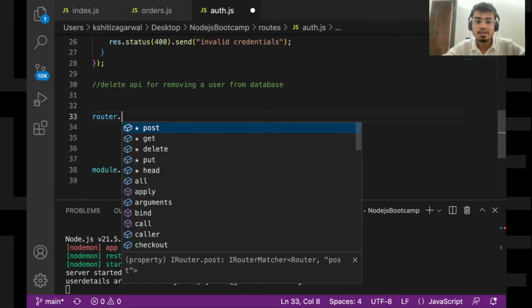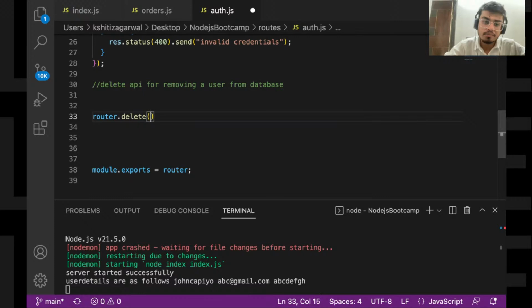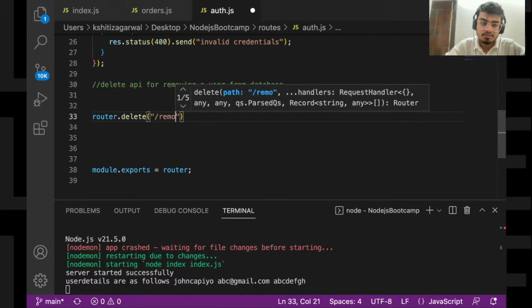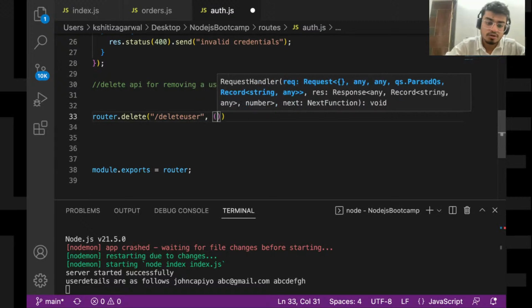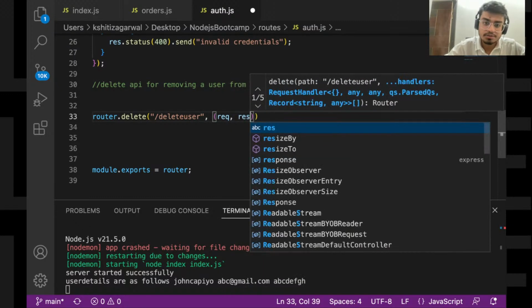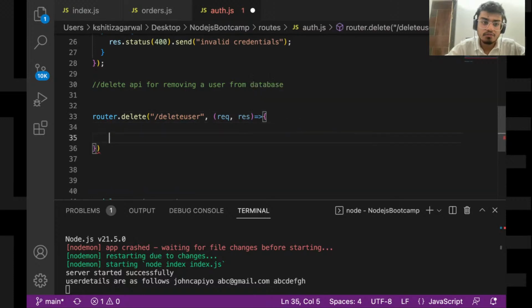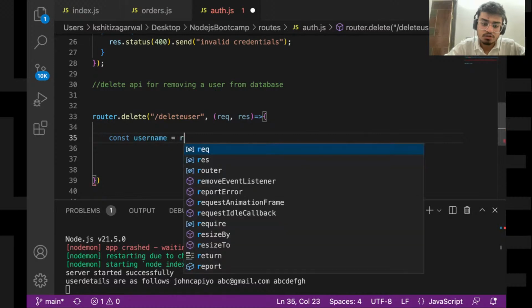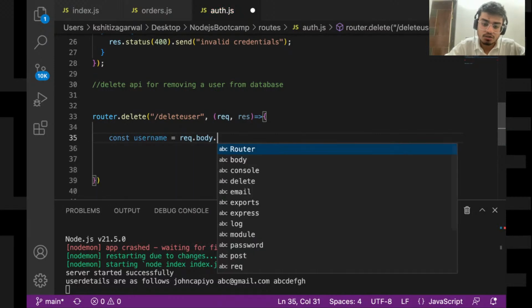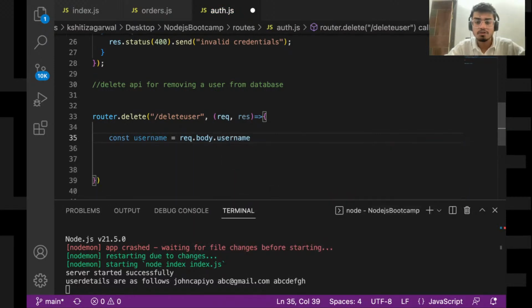So router dot, as you were writing get and post, similarly there is delete. Delete user. Okay. So request, response. Which user do I want to delete? I want to delete the user with a particular username. So username is equal to request.body.username, that will be sent from the front end.